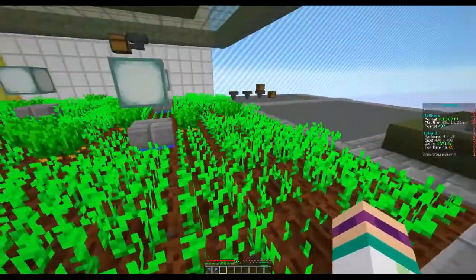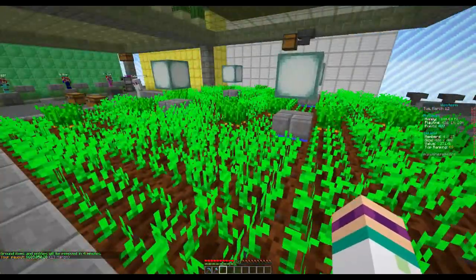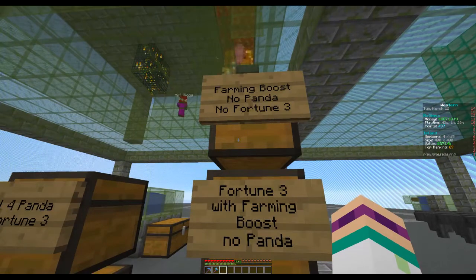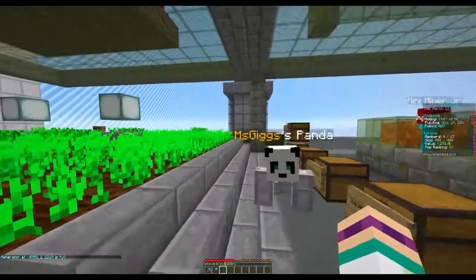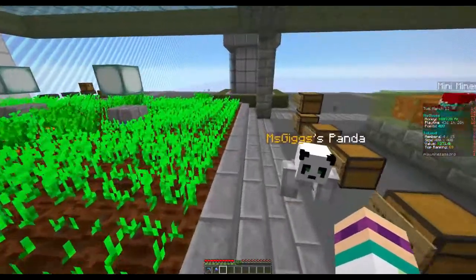Does that make sense? So with the panda and Fortune 3, it's almost the same as having farming boost with Fortune 3. So it still gave me sort of similar amounts of carrots. So yeah, not too much difference. So using the farming boost without the panda, without Fortune 3, so we dismissed him, you can see significantly less carrots. So definitely more than just doing the carrots on its own. So we're almost nearly 6 more stacks there versus when we did it just on the first chest,